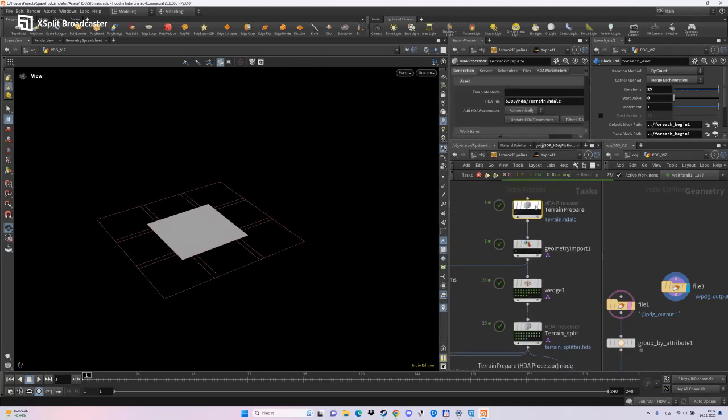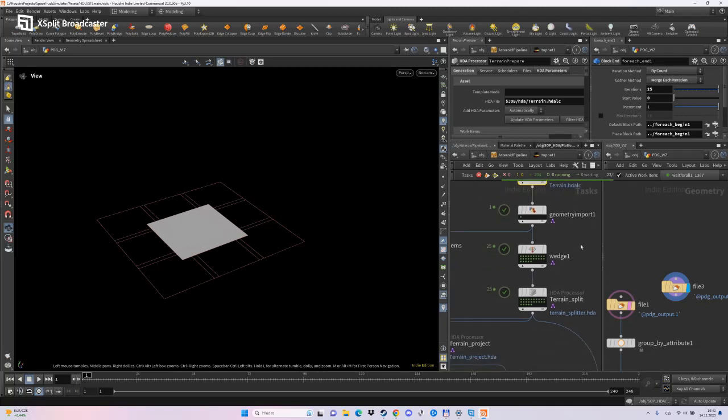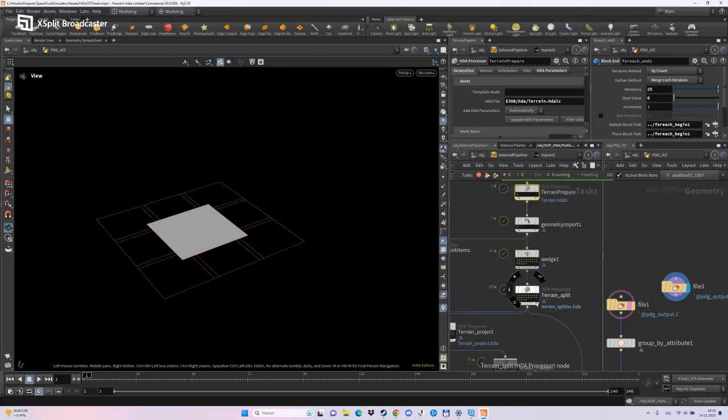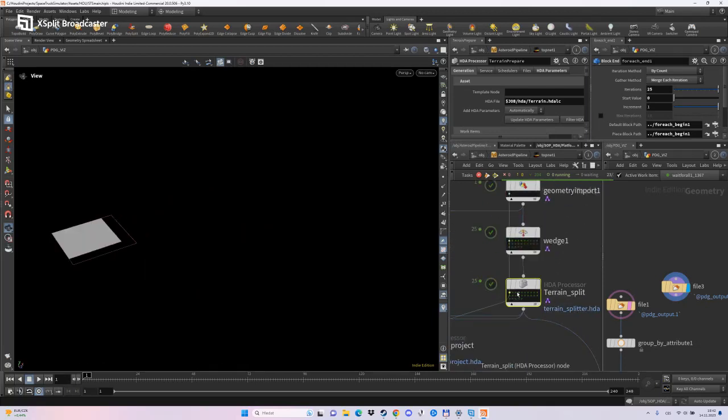One is preparing the terrain, the calculation of bounds and how many individual tiles will be needed according to Unity or Unreal Engine specifications. And this HDA will split